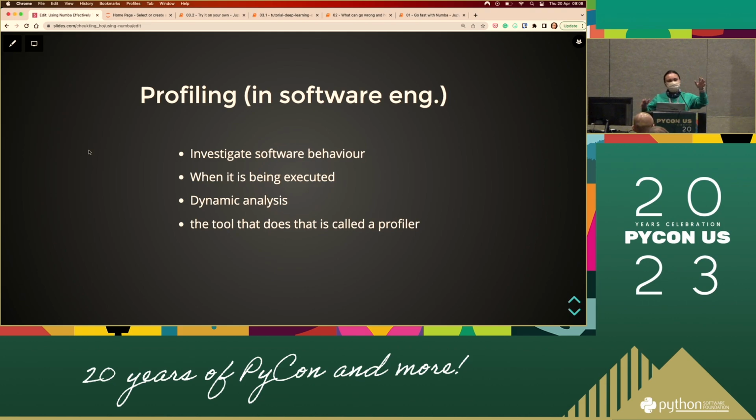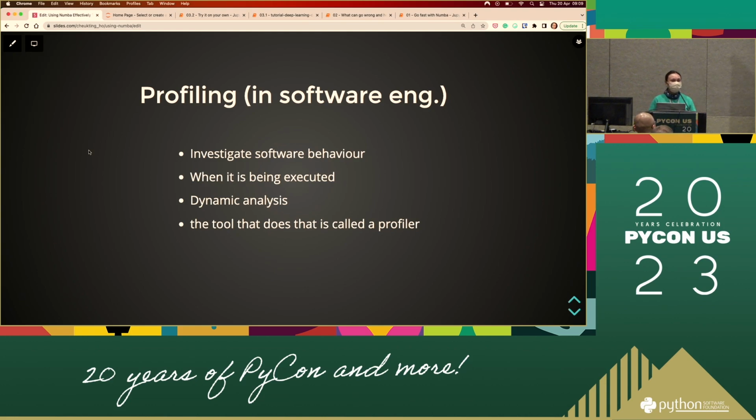Profiling. I know some of you are software developers, or come from a computer science academic background, so this is all trivial to you, but I'm just going to get everybody in the same place. Profiling is investigating what our code is doing. We call that dynamic analysis, because there are different ways you can analyze your code. Profiling uses a tool that runs along with your program and inspects what it is doing when it gets executed.